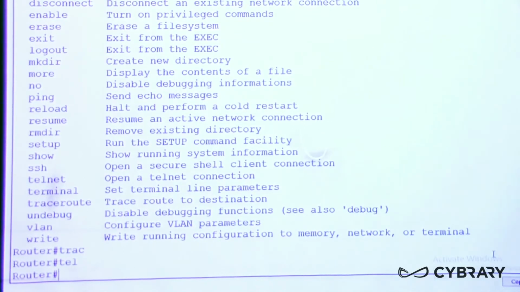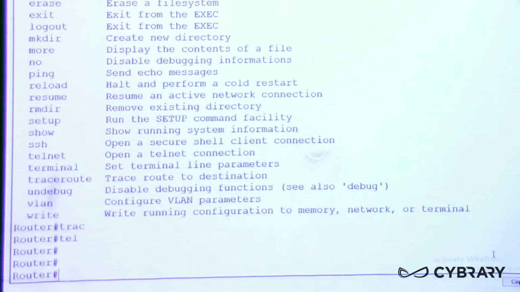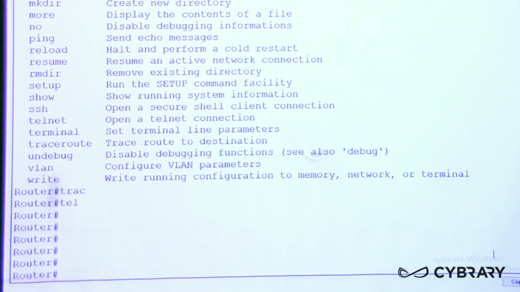As far as configuration goes, you cannot actually configure anything from privilege mode. You can't do much from privilege mode as far as configuration goes. So we will have to move up one more mode so that we can actually make configuration changes. However, I have to show you, if you ever wanted to, how to get back from privilege mode to user mode. And the way we do that is the command